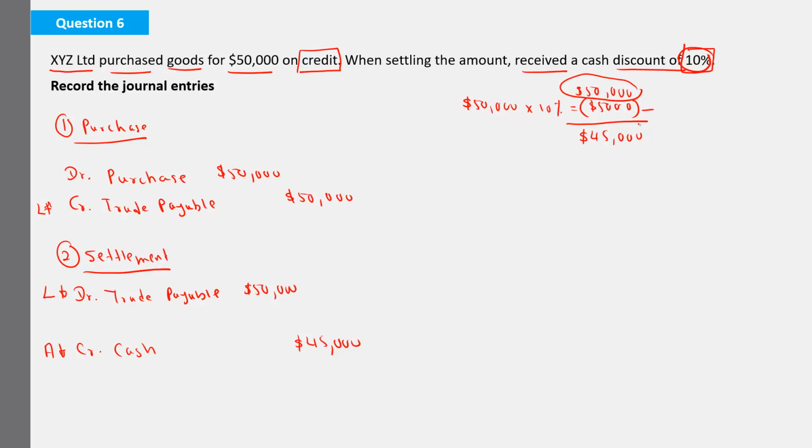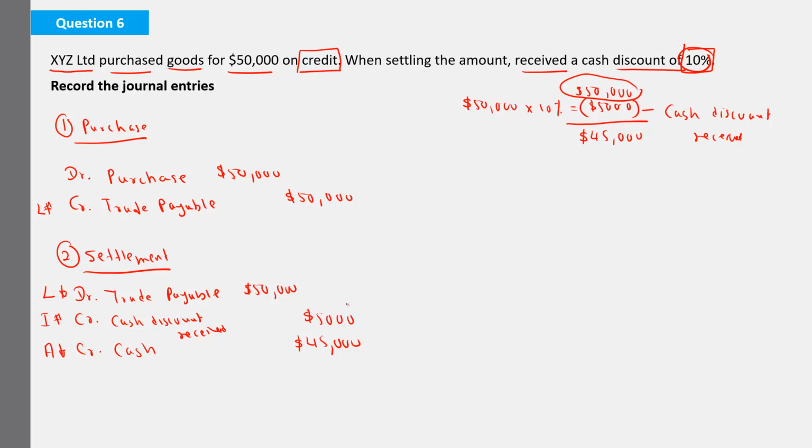In total, my liability got reduced by how much? 50,000. And what you have to understand, whatever cash discounts we are getting, we will record that as an income. So here the cash discount that I received, we will consider as an income. So income increases, it's a what record? It's a credit record. What income is that? Cash discount received income. How much is that income? Income increases, it's a credit record,